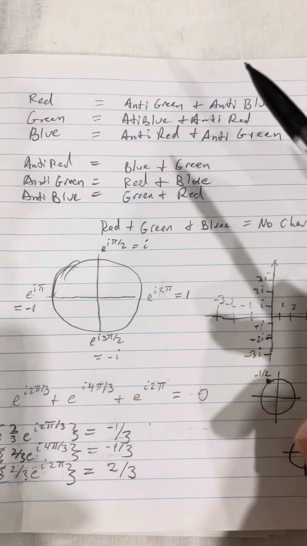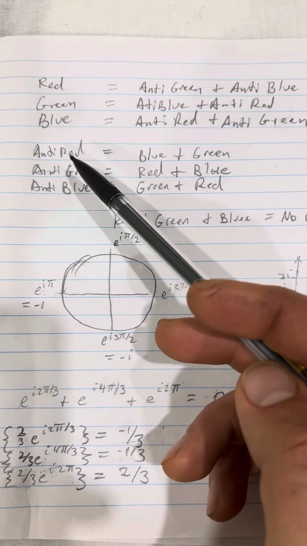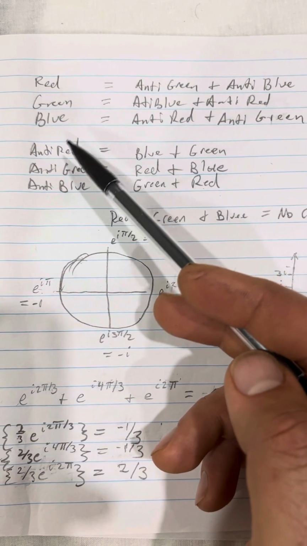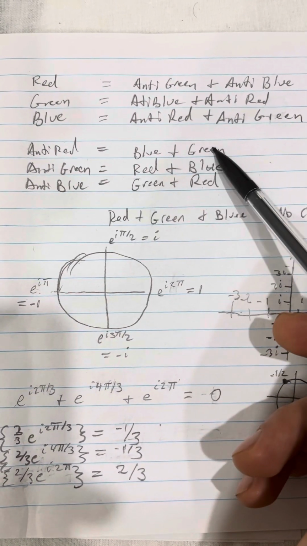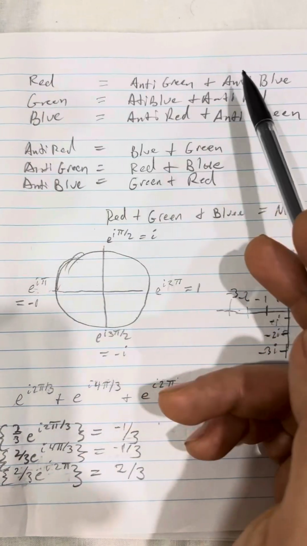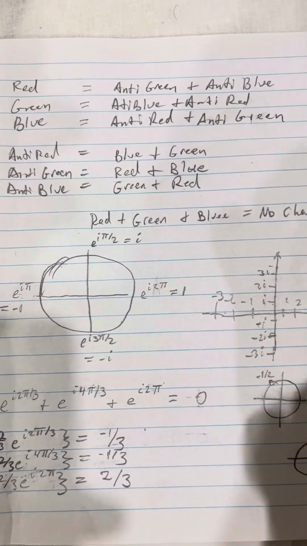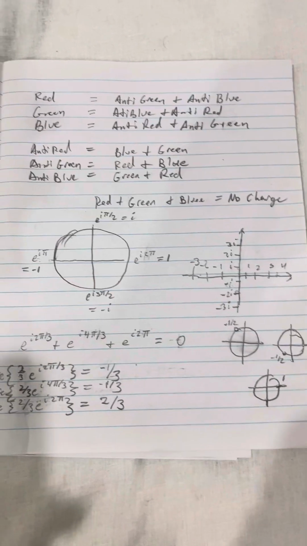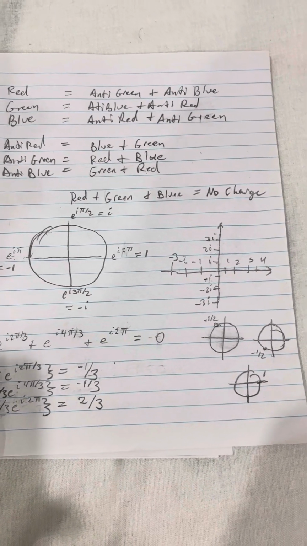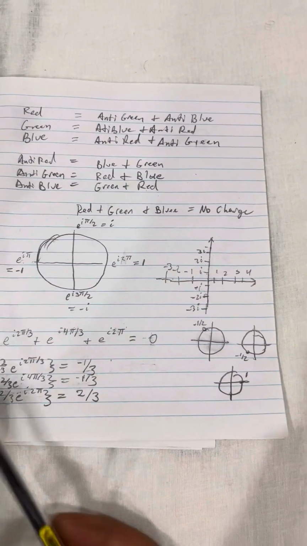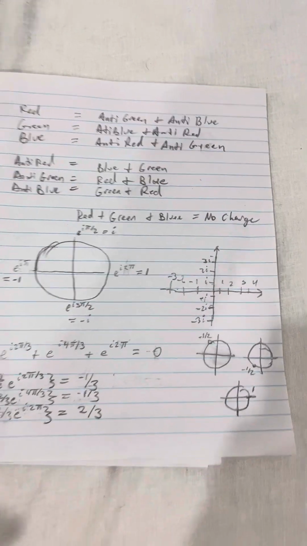So an anti-red would just be a blue and a green, because blue, green, and red makes white light. There's a better way of doing this, by using complex analysis. Just to refresh everyone's memory,